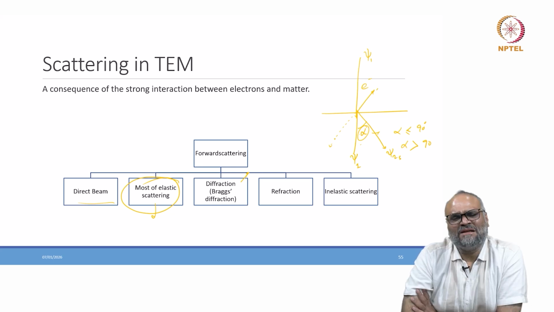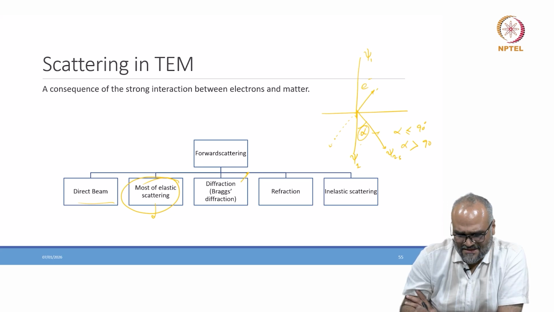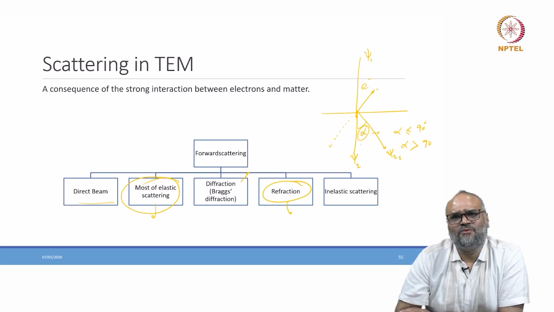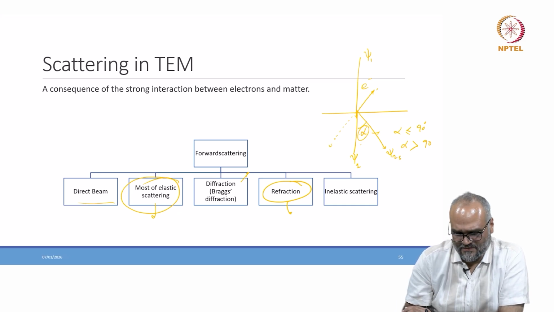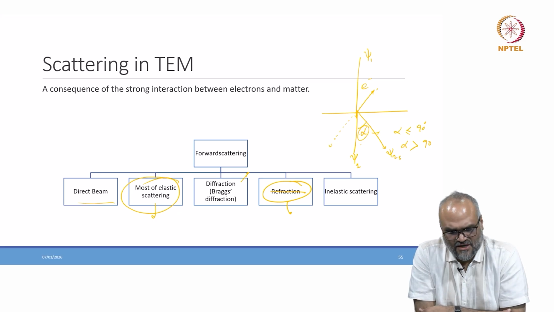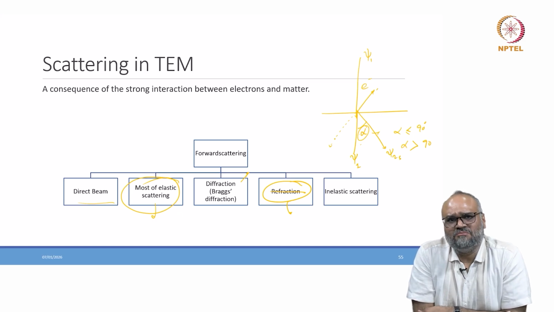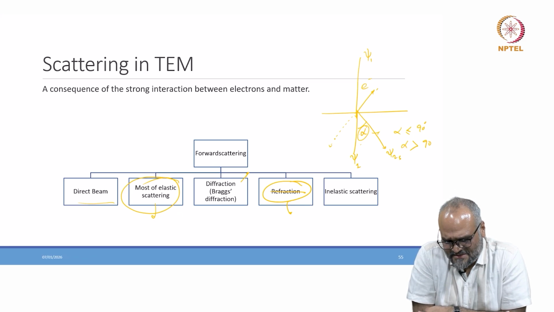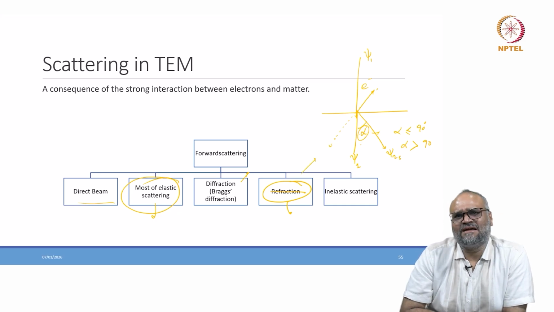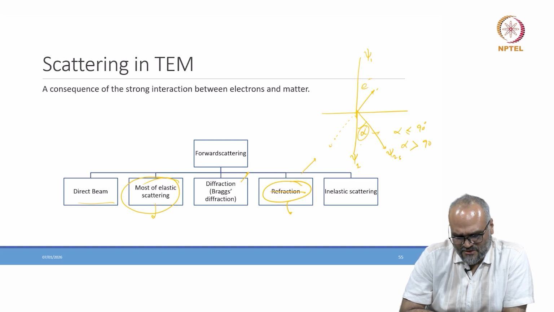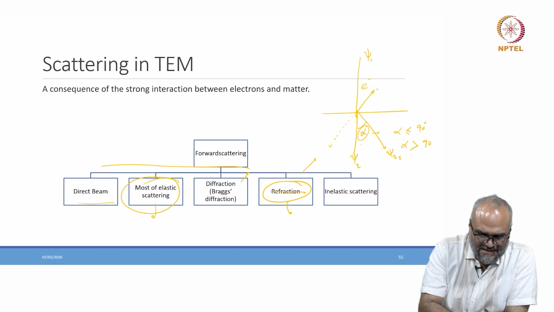And there is a minor correction here. Refraction is commonly observed when you have light interacting with transparent materials or lenses. So I apologize. I was talking about scattering in TEM alone, but like refraction, you would have bending or change of phase of an electron beam when it interacts with the specimen. So refraction is a kind of scattering again in optical microscopes, but sticking to the signals in an electron microscope,